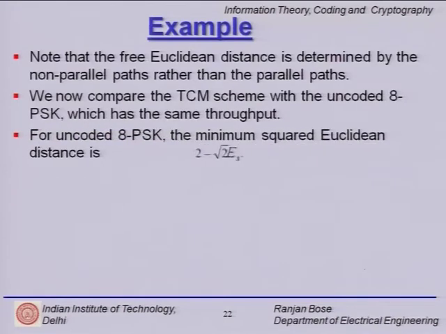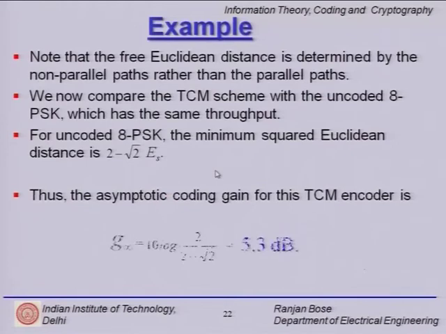So, now that we have the minimum Euclidean distance corresponding to the d free for the TCM scheme, we want to find out the asymptotic coding gain. If we had not used the rate 3/4 encoder, if we had these 3 bits coming in and we had to transmit them by modulating them, we would use 8-PSK. So, we find out the squared Euclidean distance for 8-PSK, which is 2 minus root 2 times E_s, and now the asymptotic coding gain is simply the ratio 2 over 2 minus root 2,